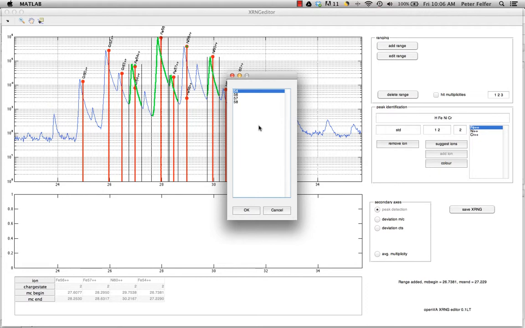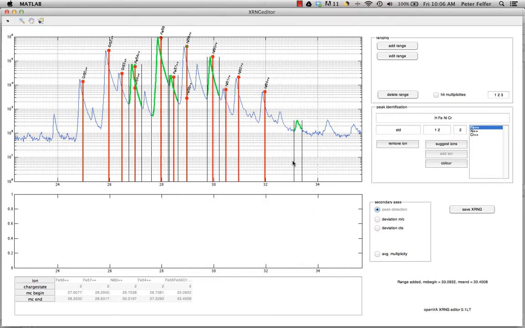And then it will ask you to specify the isotopes, which of course in this case I'm not going to do because it's going to be five isotopes to specify. Okay, maybe I'll do so. And oxygen 16, oxygen 16, oxygen 16. And now I've got an iron 56, iron 56, oxygen 16, oxygen 16, oxygen 16, iron range. If you want to delete that range, just click on delete range, that area,